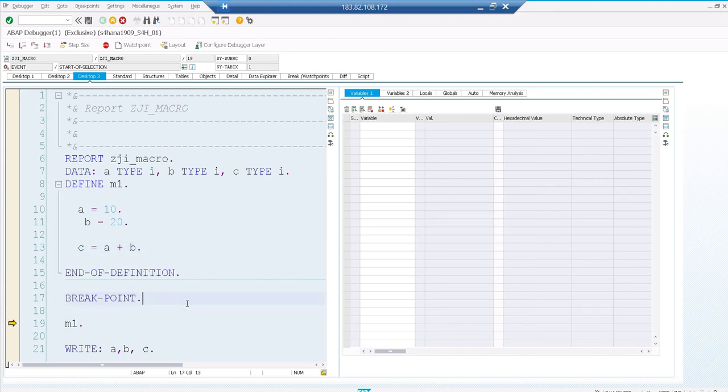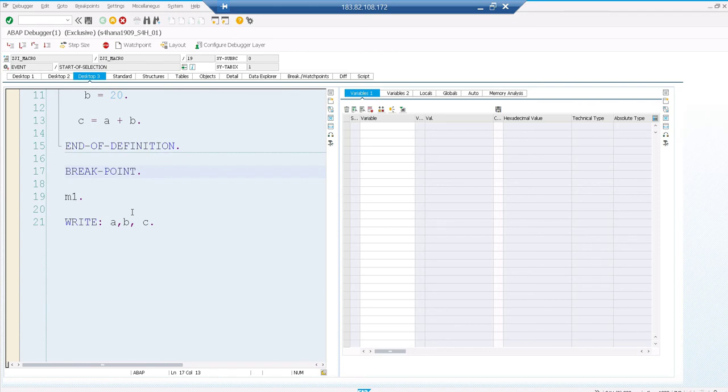Okay. Now the cursor is in M1. My expectation is not only mine. Normally, if any function, if I press F5, it takes you to line number 10, meaning inside of your modularization technique. It may be anything, but macros won't. It won't get you inside the definition of the macros in a normal debugging session. If I press F5,